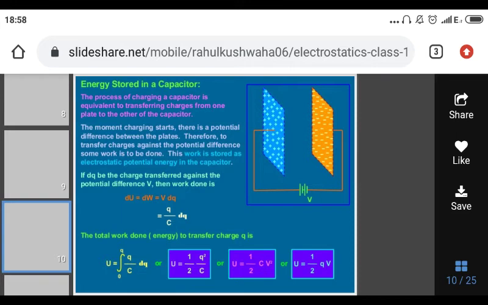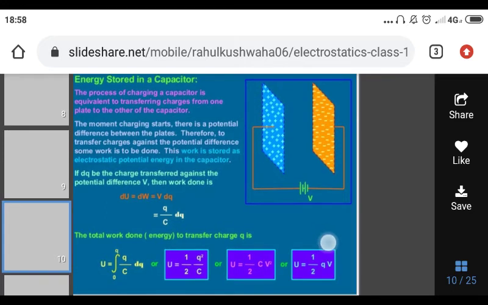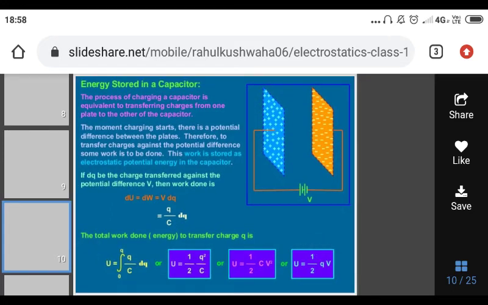The process of charging a capacitor is equivalent to transferring charges from one part to another of the capacitor. The moment charging starts, there is a potential difference between the plates. To transfer charge against the potential difference, some work has to be done, and this work is stored in the form of electrostatic potential energy in the capacitor. So if dq is the charge transferred against the potential difference V, the work done dW is equal to V into dq, where V is q upon C. Integrating, for the whole work done we simply get these three formulas. Half